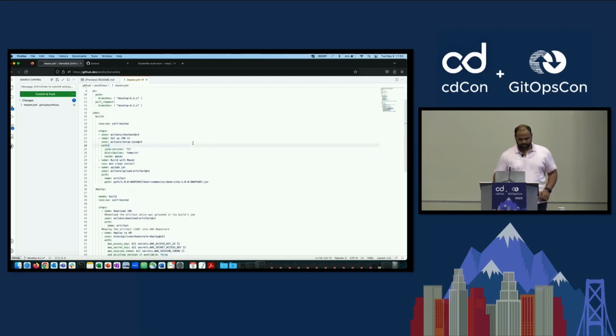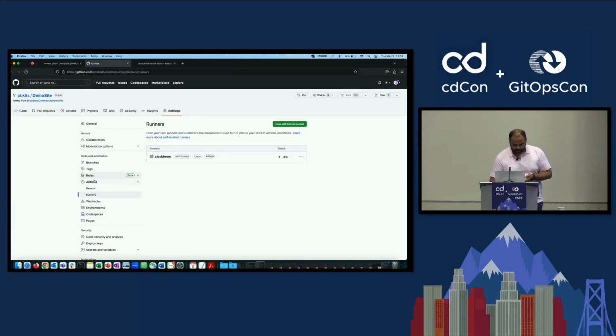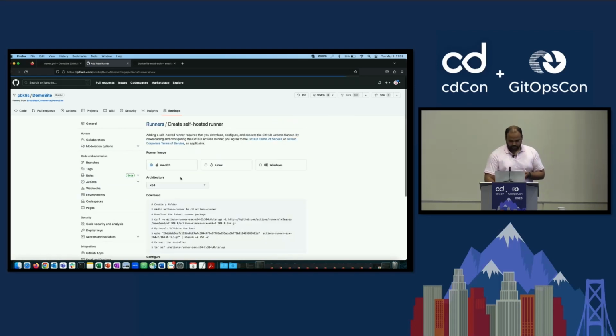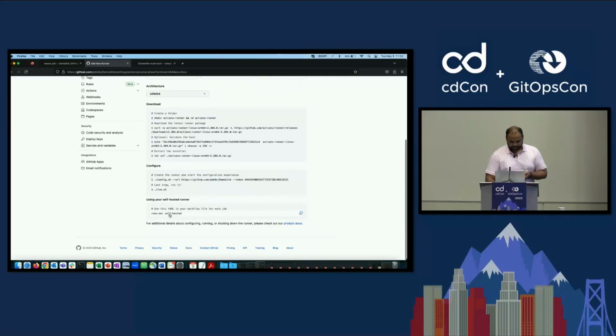YAML file for the application, where it's doing continuous integration or build and delivery just on a push or a pull request. One critical thing that we need to understand is that with GitHub Actions, you need to use the tag self-hosted. And it's shown actually here whenever you try to run a runner in any of the architectures, it says you need to use self-hosted, because